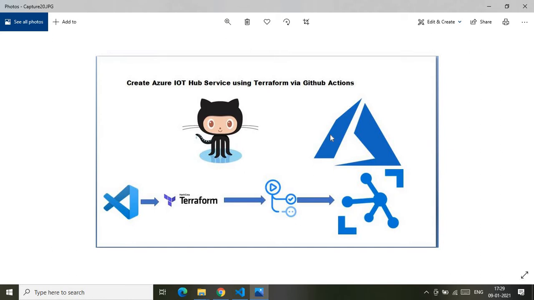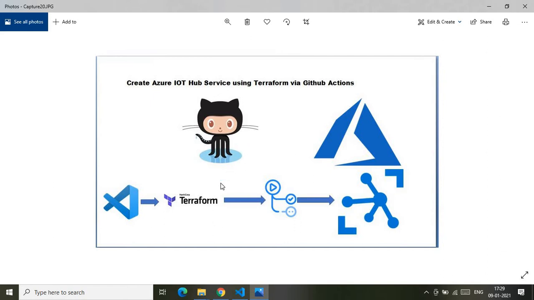This is the picture which I have drawn by using the required logos, so that you will understand which is the service, which is the platform hosting the service, and so on. As you see here, I have two big logos. One is the GitHub account, and the other is the Azure logo. The GitHub account is hosting the GitHub repo and the GitHub Actions. The GitHub repo will be hosting our programming files, which are our Terraform files. And the GitHub account is also hosting the CI/CD tool, that is GitHub Actions.